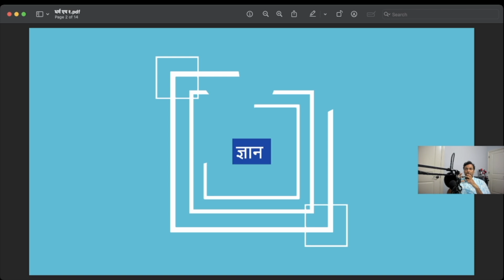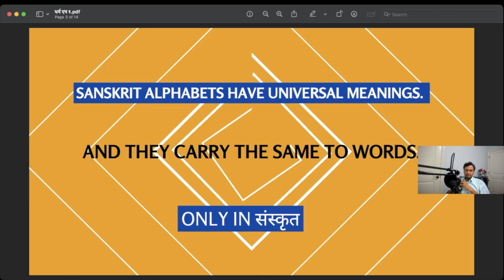We know that there are multiple universes; this universe started with a bang, and that bang could have been the 14 sutras or 14 sounds. We'll explore more on this, because now we have the power of AI. We can delve into each detail of what creation is and how it happened, using our language and the models we create. So Sanskrit alphabets have universal meanings.